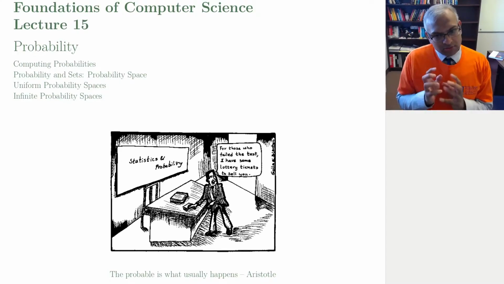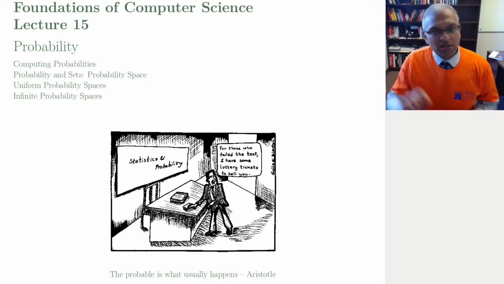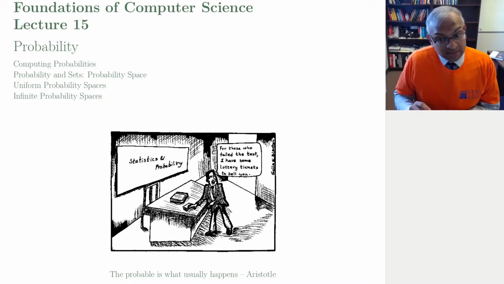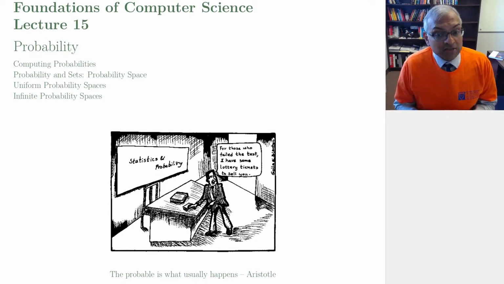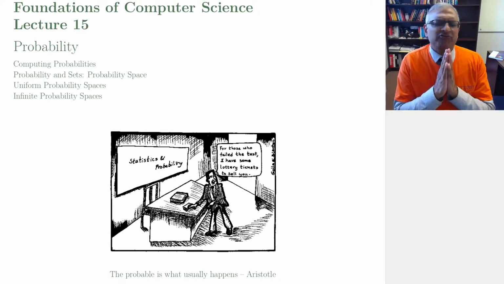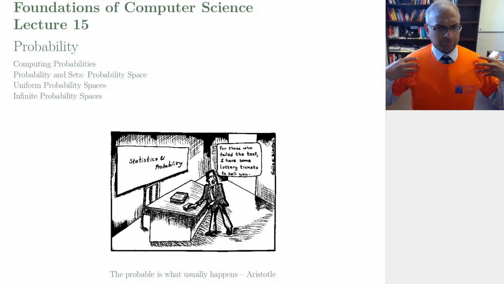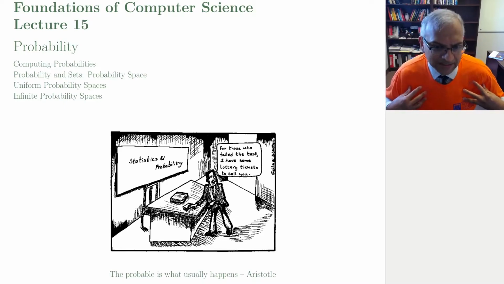And so, not only is probability relevant for knowing how your deterministic algorithms will behave in the real world, probability is relevant because it makes algorithms that wouldn't otherwise work very efficiently work pretty efficiently by injecting randomness into the algorithm. And then to analyze such randomized algorithms, we need the tools of probability. So probability has just become a very important tool in computer science.